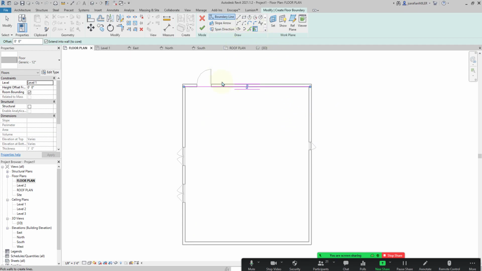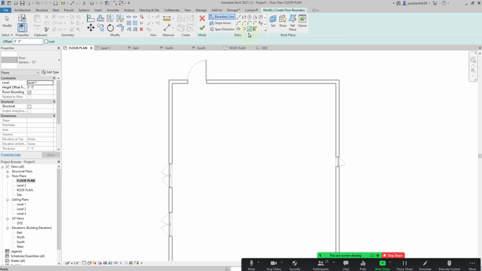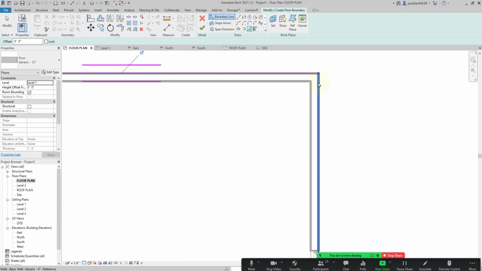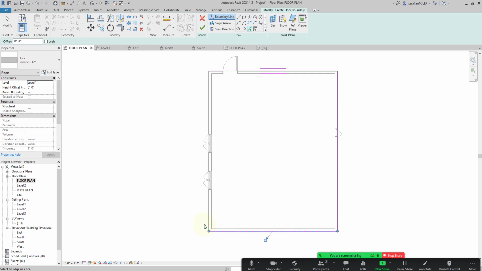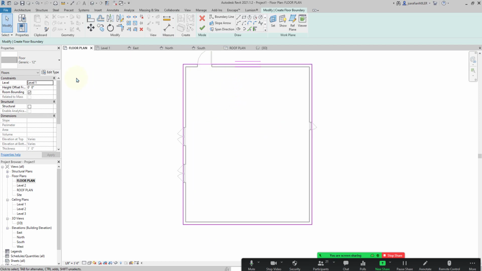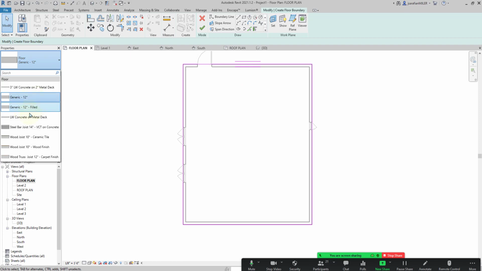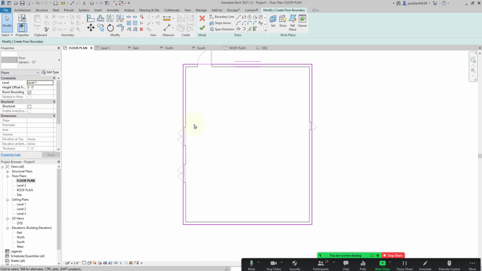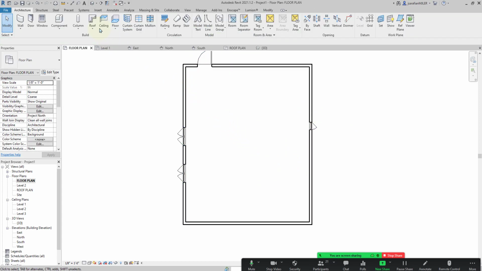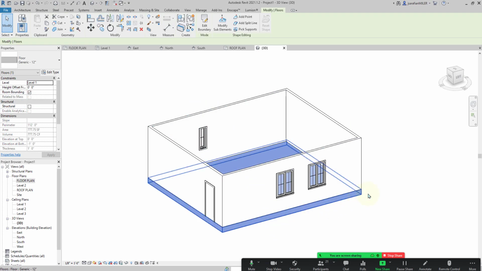Okay, so if I don't like it, I can select it, delete it. I can go into this and pick actual lines. So I want this floor slab to extend to the bottom of our walls. So I'm going to go along the outside and just pick all 4 walls. When we're happy with this pink sketch and we're happy with the properties, it's just going to create a 12-inch floor. So generic, meaning it's not going to have structural information in it. It's just generic geometry, generic slab. So when we're happy with it, I'm going to hit the green check, and it's going to create a floor slab. So going back into 3D, seeing this floor slab,